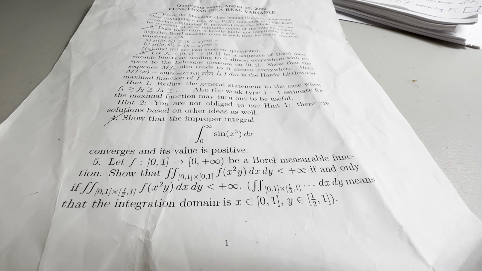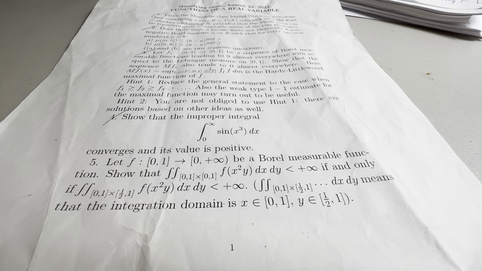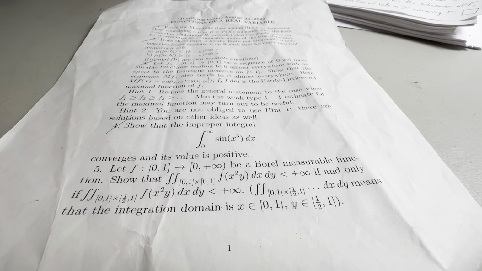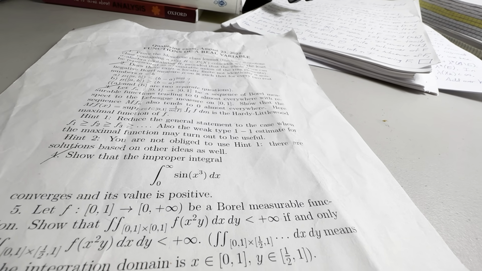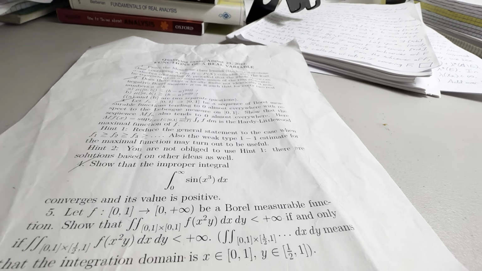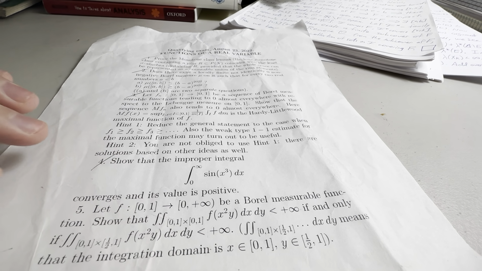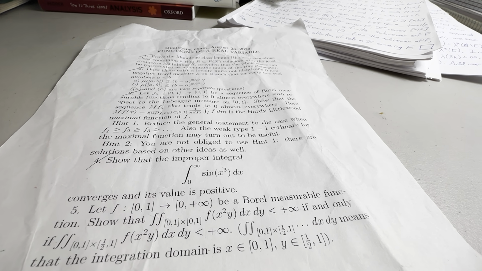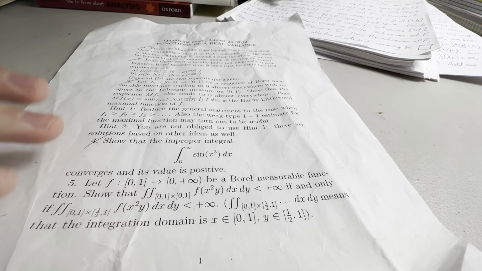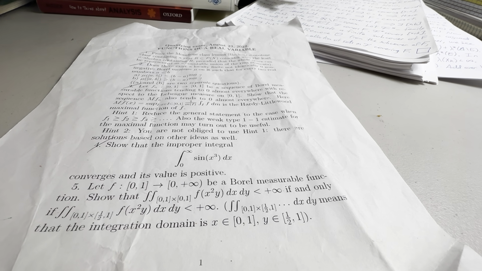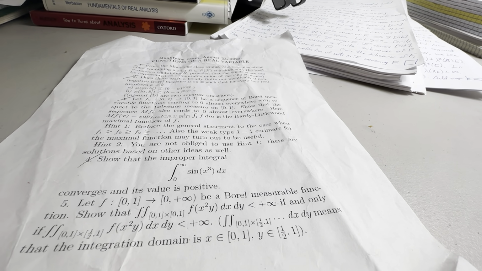Question 4, show that the improper integral converges and is positive. So that's his calculus problem he likes to put on here. I was a bit embarrassed that I did not get number 4 correct, because it is kind of easy when you look at the solution. I'm kind of embarrassed that I wasn't able to do it. It's different when you're under the clock, right? It's the difference between shooting baskets on the basketball court without the clock on you, versus when you're playing a game, where the time does matter and the shots do count. I like it to that reason.